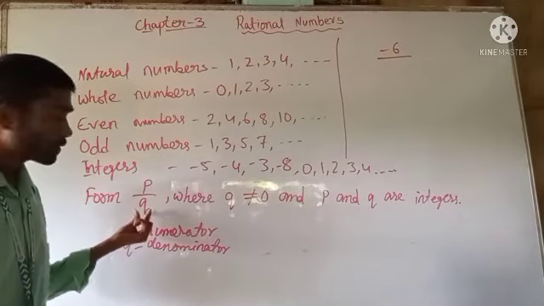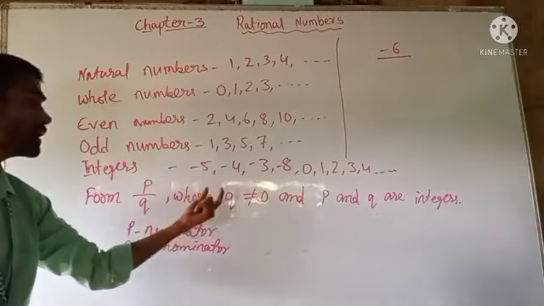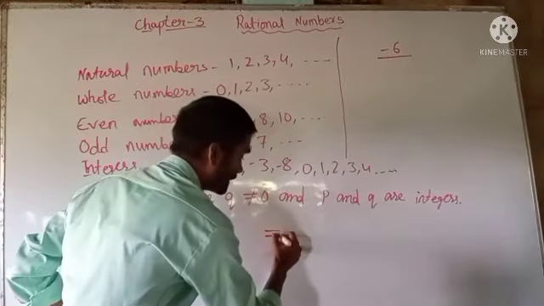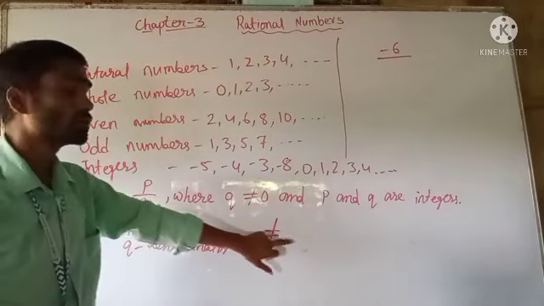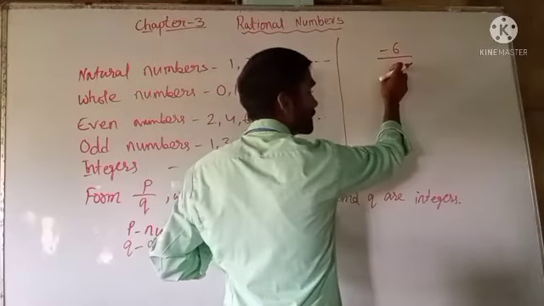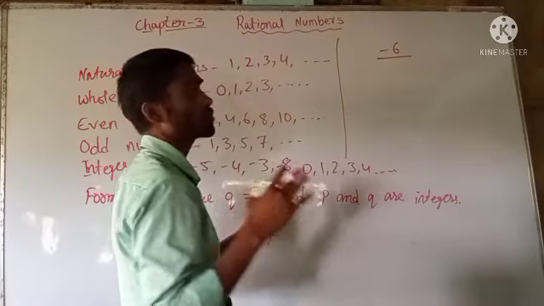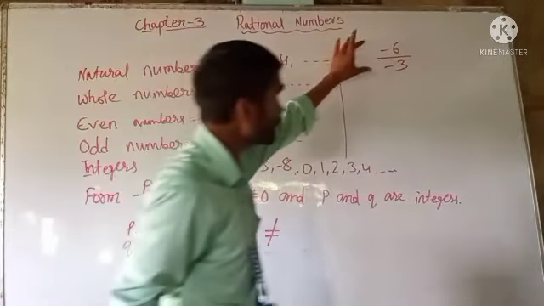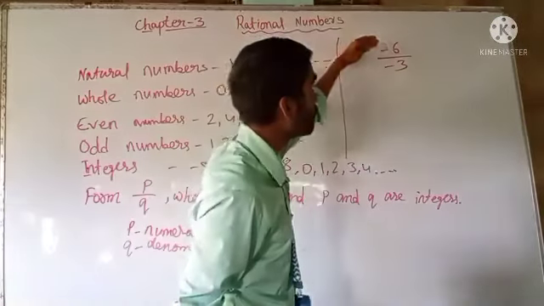Q is also an integer, but it should not be equal to 0. This sign, an equal sign with a cancel mark, denotes not equal to. In the denominator's place we cannot write 0; we can write any integer, so we can write minus 3. So minus 6 by minus 3 is a rational number